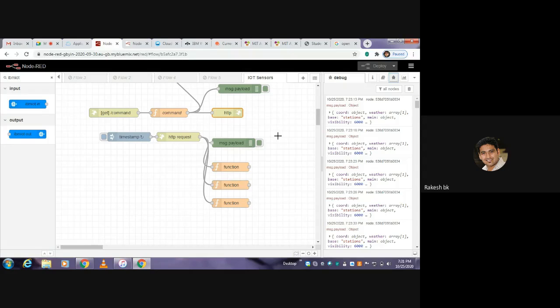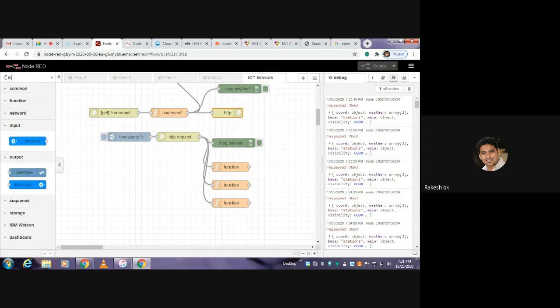I'm not going to store it onto the cloud end. Straight away, I'm just displaying that data onto the mobile user interface. To do that, I go with an inject node, because I want to inject the data from the open source, that is Open Weather Maps, at either a 1 minute or 2 minute interval. I want to keep on injecting that data, which has to be displayed on the mobile user interface. Based on that, I can control this sprinkler system, right?